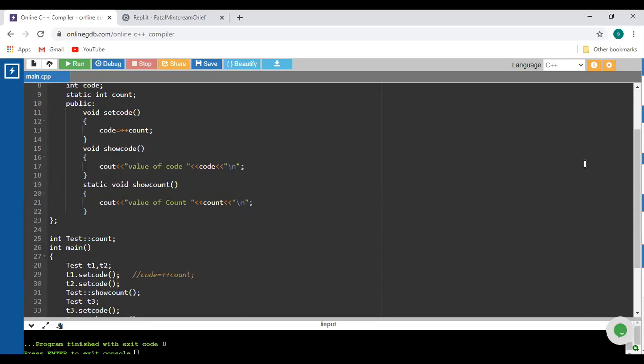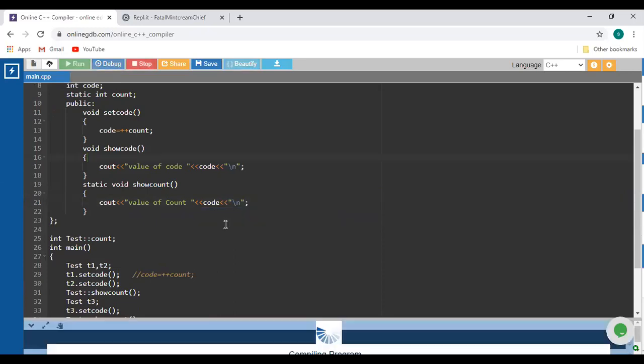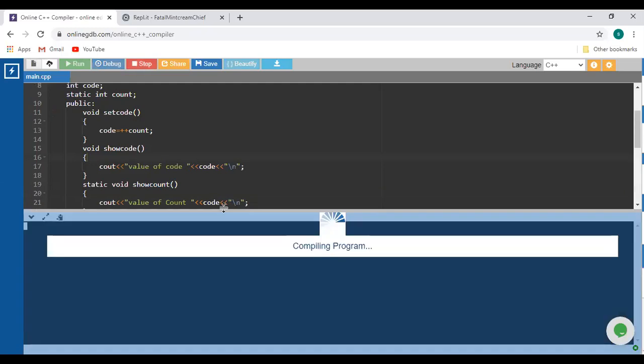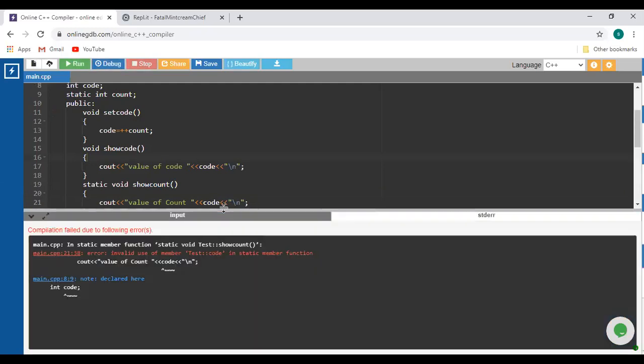What will happen if I use code here? We will check whether it fires any error or warning. Just check. It displays this error: invalid use of member test code in static member function. Why?